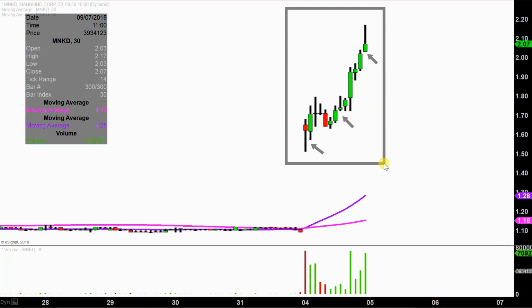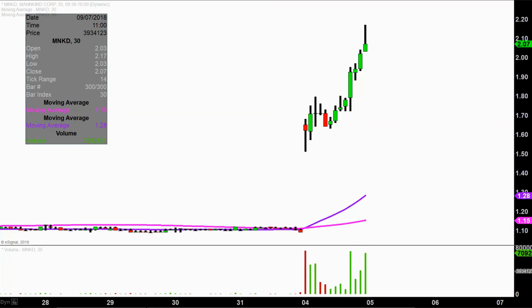30-minute time slices. I like this time frame, it does a good job of telling the quote-unquote story of the price, and it makes mapping out levels of support and resistance a bit easier to see. I don't mean to state the obvious, but I will anyways. Crazy movement today, not only from a price action perspective, but you look down here at the volume, and by far the biggest volume this chart has had for quite a while. So a lot of eyeballs on this one, so let's map out some levels of support, and then we can